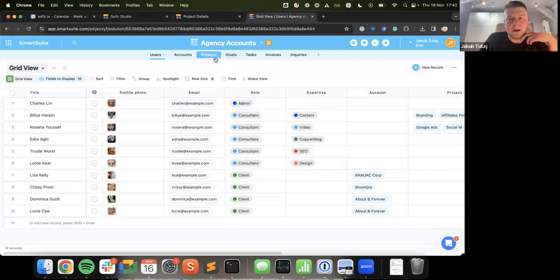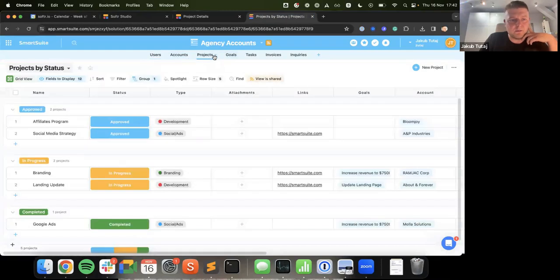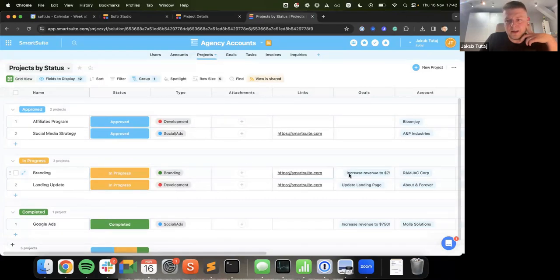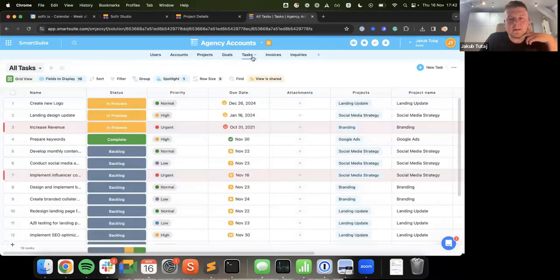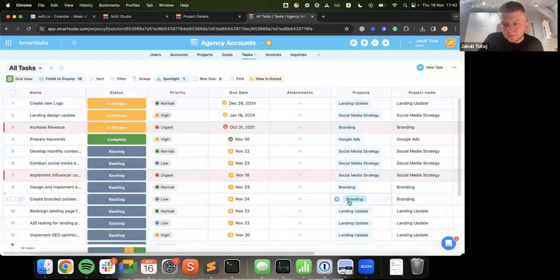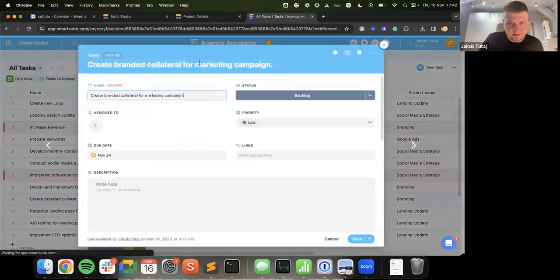Now let's look at how it looks in SmartSuite. In projects, we have a branding project. And in tasks, for branding, we have increase revenue, we have design and implement brand style guide, that's correct, and we have create branded collateral